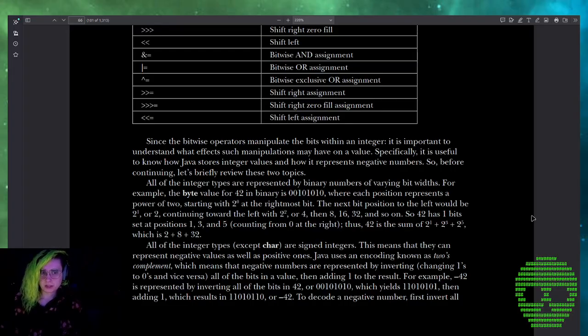So, before continuing, let's briefly review these two topics. All of the integer types are represented by binary numbers of varying bit widths. For example, the bit value for 42 is